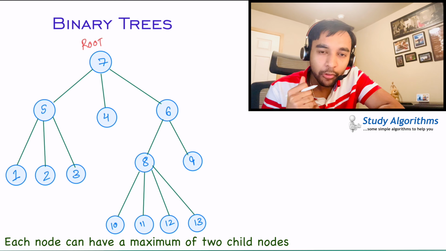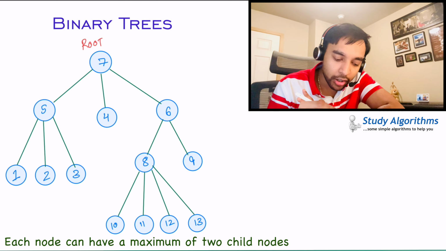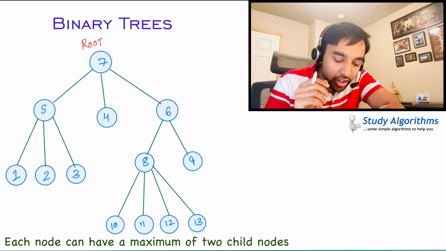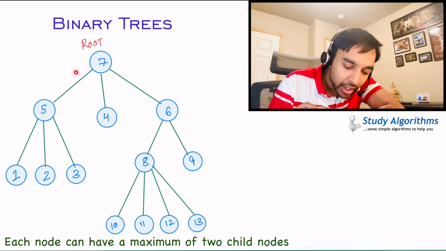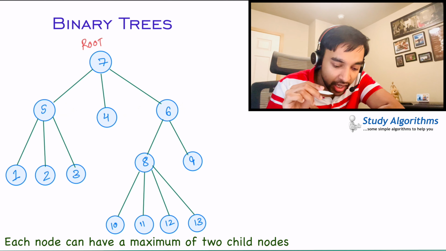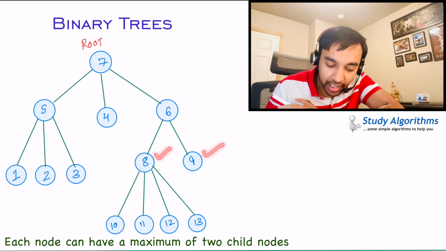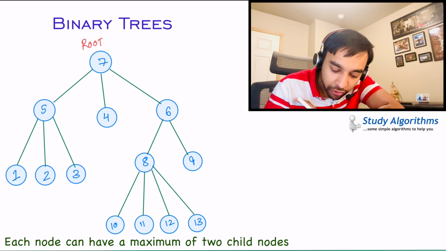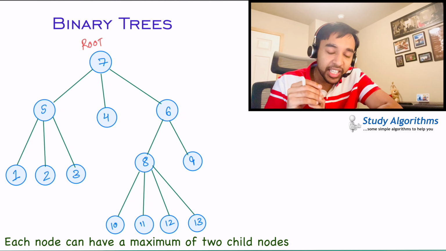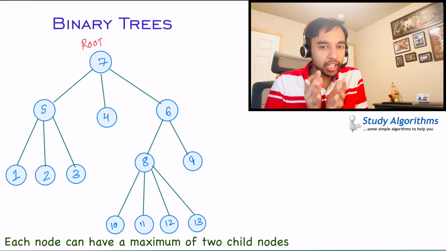Let us take an example of a general tree and how does it look. In this tree, you can see that you have a lot of nodes and they are connected by all of these edges, right? Now try to look at some of the nodes. For example, when I look at node number 7, it has three child nodes, right? 5, 4 and 6. If you look at node number 6, it has only two child nodes, 8 and 9. If you look at node number 8, it has four child nodes, 10, 11, 12 and 13, right? So in this tree, each node has different child nodes and it is not following any constant property.